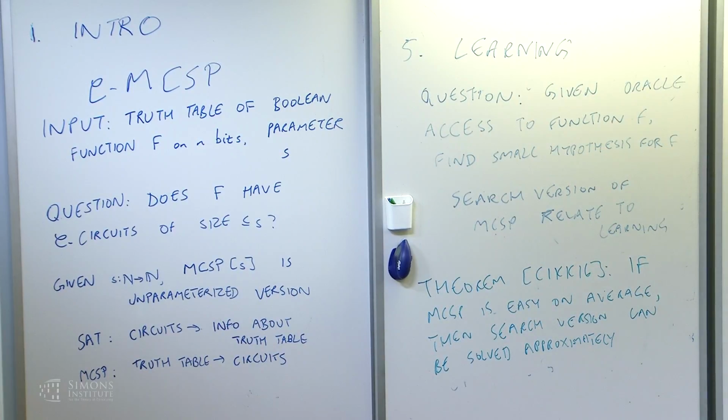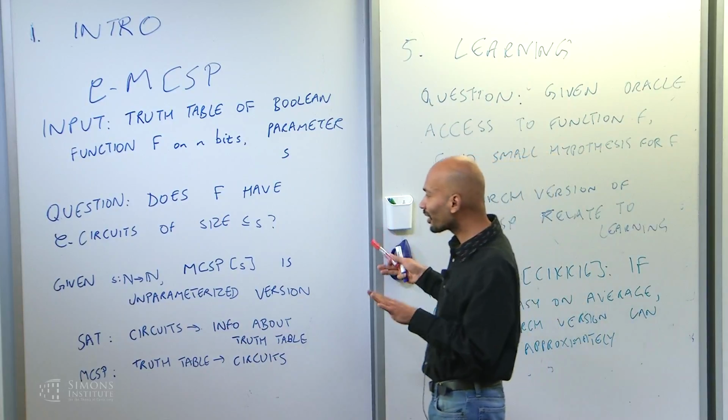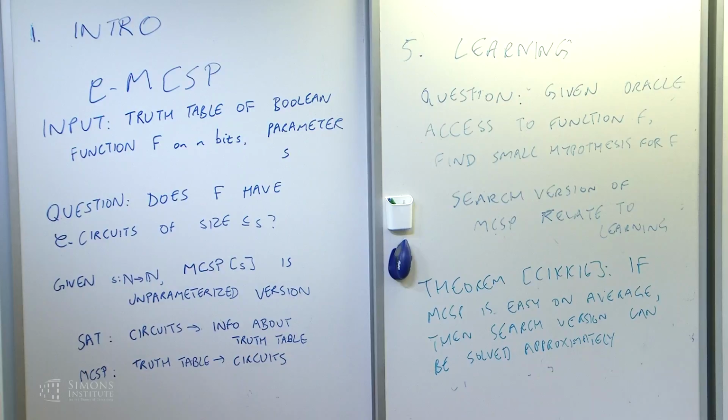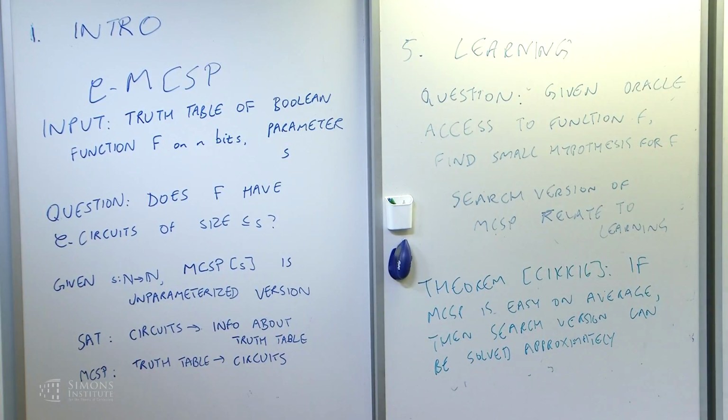So this is a big question in complexity theory. But MCSP, being the unusual problem it is, has this feature, and I think it's something that needs to be studied more closely. What is the best approximation factor that we can get for solving MCSP, given that MCSP is easy on average? So that's another question that I have.